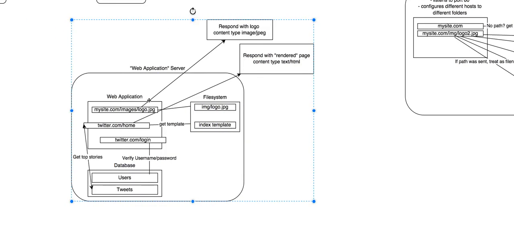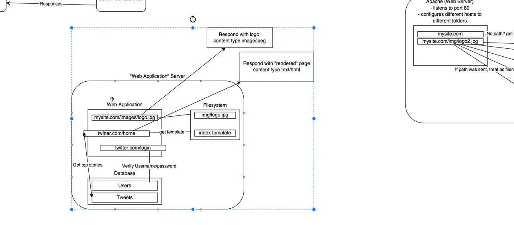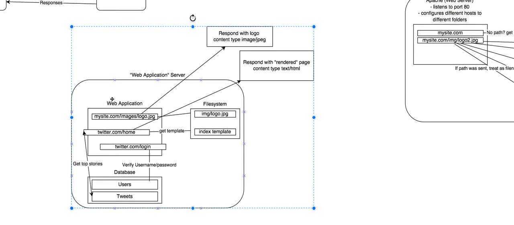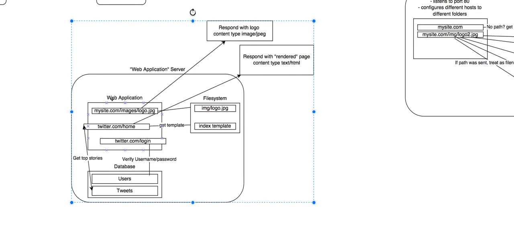So you've got your web application itself. This will be Ruby on Rails, or if you're PHP, it will be Laravel or CodeIgniter, or Node.js. This will be .NET. Your web application right here is set up to respond to stuff. So let's say your web application is also listening to port 80. Let's say I've configured this to